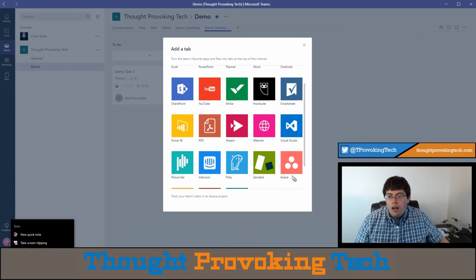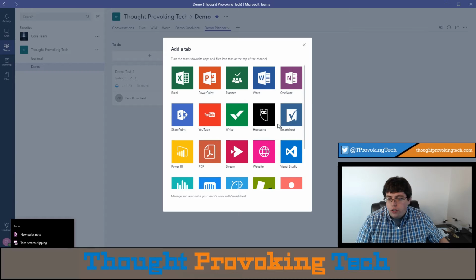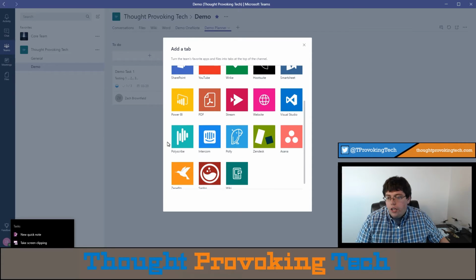So I wish the Teams app would let you do that. But as you can see here, there's tons of different integrations. Stream is a newer feature from Office 365 Video. So there's a lot of different things you can see here. There's Hootsuite integration, so that's like a social media kind of manager. If you're not aware of it, there's a lot of different stuff here that you can integrate, and this is